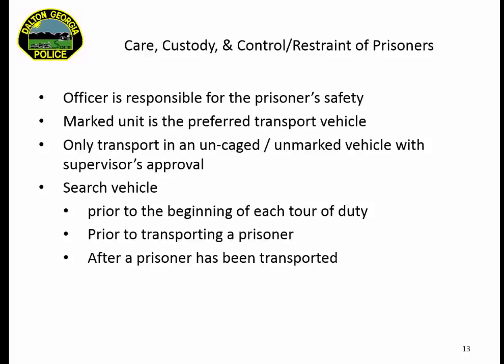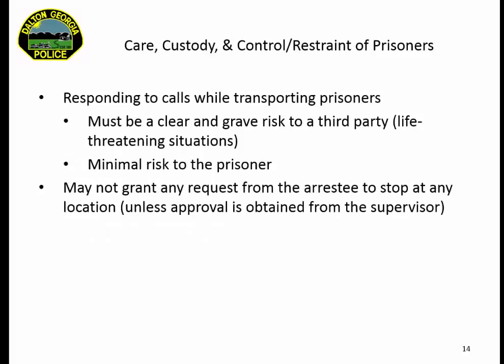So that's not a good situation for anybody. So make sure that you're doing what you're supposed to do there when searching the back seat of the car. If you have a prisoner or a suspect in your custody, and when you're on your way to transporting that individual to the correctional facility, responding to calls is really not a good idea.